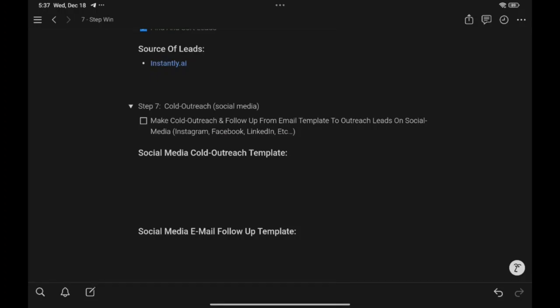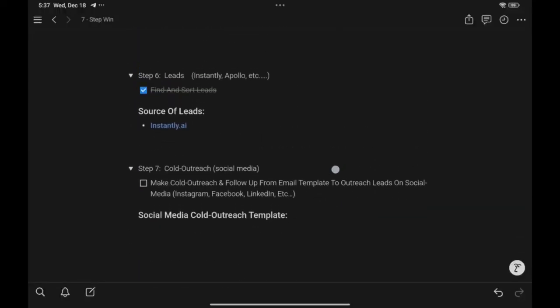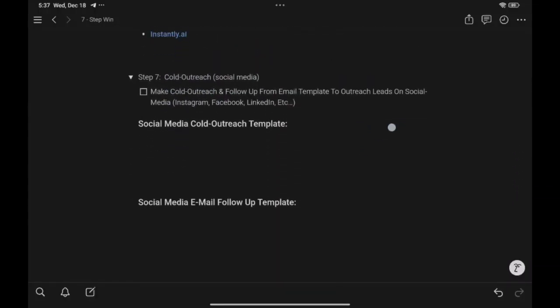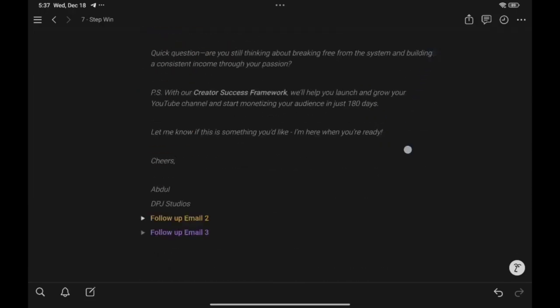You're going to write a message, a DM, to those people, talking about your service and about the emails that you have sent them. Make sure it's short and doesn't look AI generated. I would not recommend using ChatGPT for generating this cold outreach social media method and creating the emails.